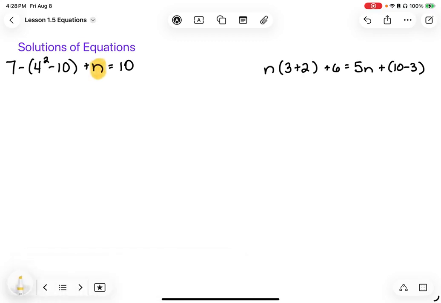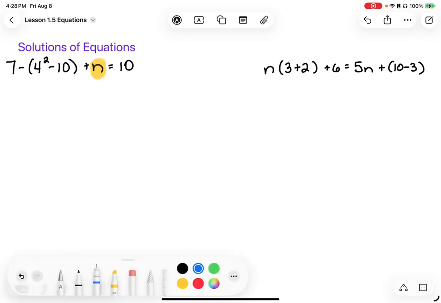We have 7 minus the quantity 4 squared minus 10 plus n equals 10. And our goal is to do some math stuff so that we end up with that value of n. What number will n have to be to make this equation true? What number could we substitute in for n so that both sides of this equation were equal? And we're going to start off by doing the order of operations to simplify this equation as much as we